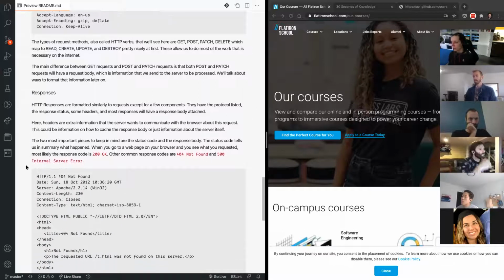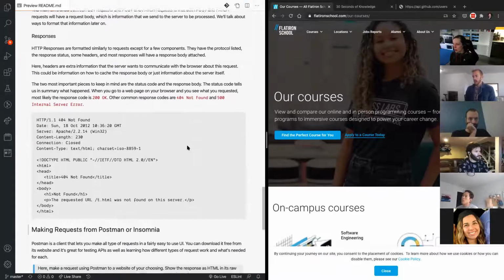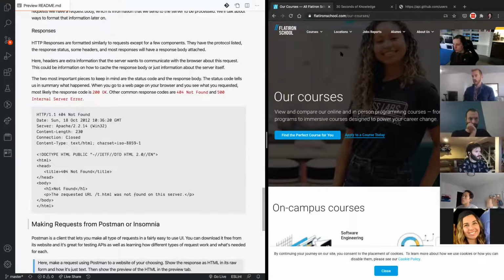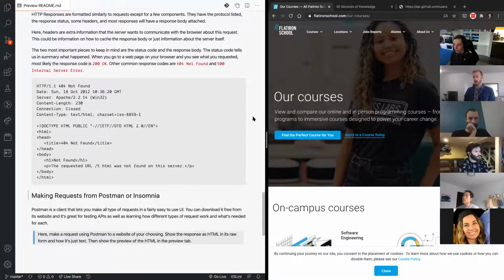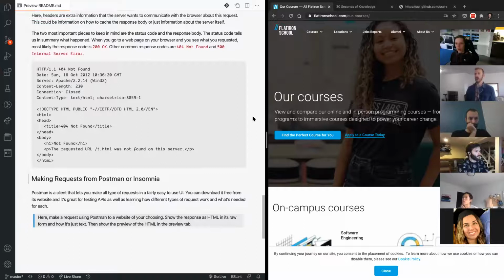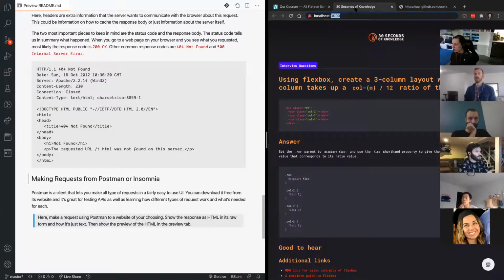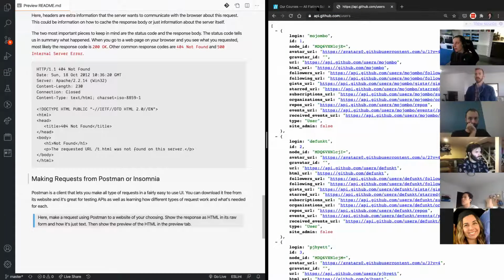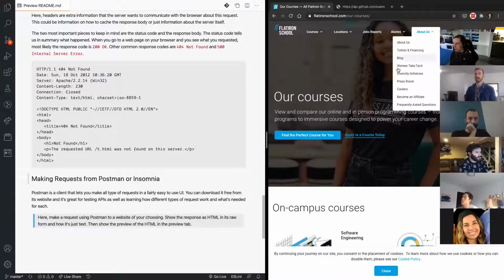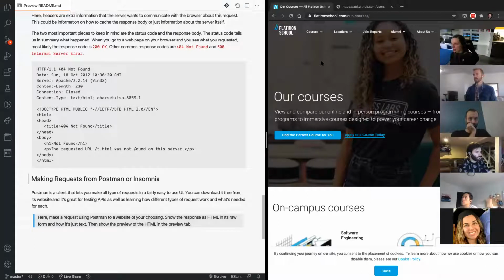But what I do want to do is make a couple of requests, and we've already made some requests here through our browser. These are all just GET requests. I want to introduce you to a tool that can make these kinds of requests on your behalf without having to make them in the browser. The problem with just using the browser to make requests like this is that you can only make GET requests, right? Whenever you type something into the URL bar, this is always going to be a GET request.